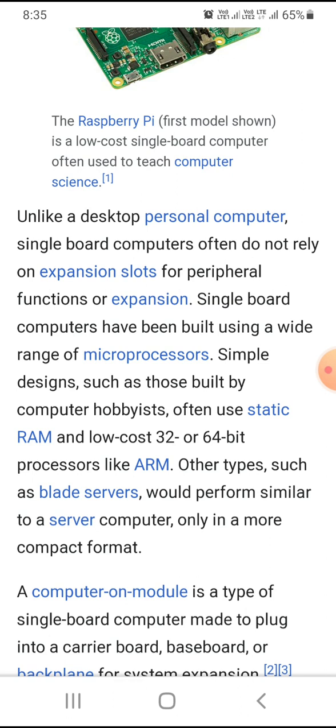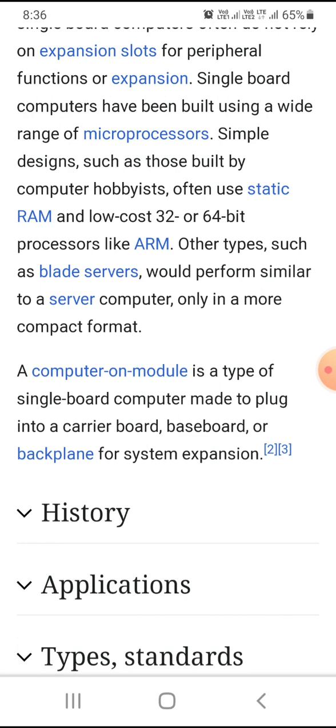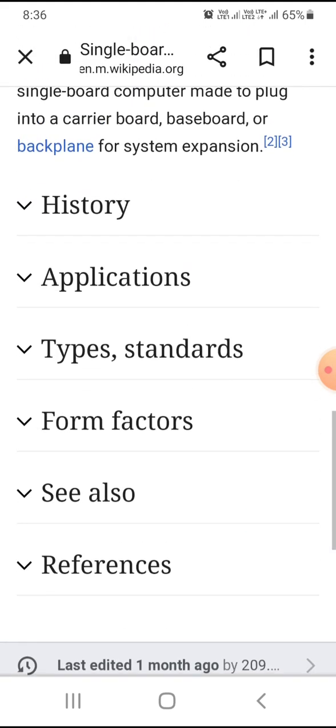Single board computers have been built using a wide range of microprocessors. Simple designs, such as those built by computer hobbyists, often use static RAM and a low-cost 32 or 64-bit processor like ARM. Other types, such as blade servers, perform simple server computer functions. A computer-on-module is a type of single board computer made up of a plug-in carrier board, baseboard, and backplane system